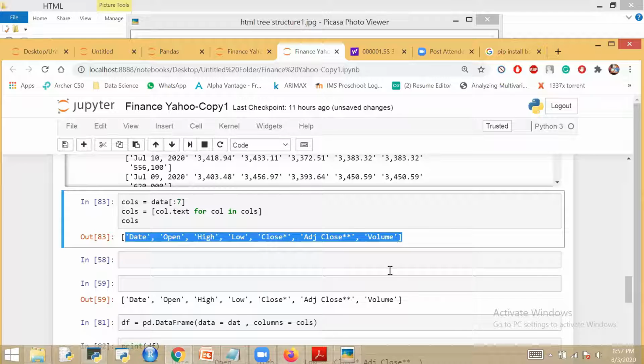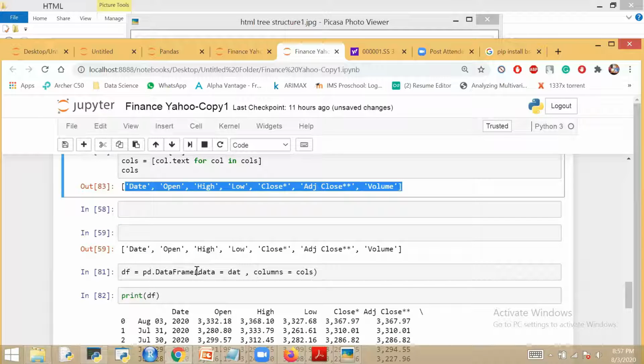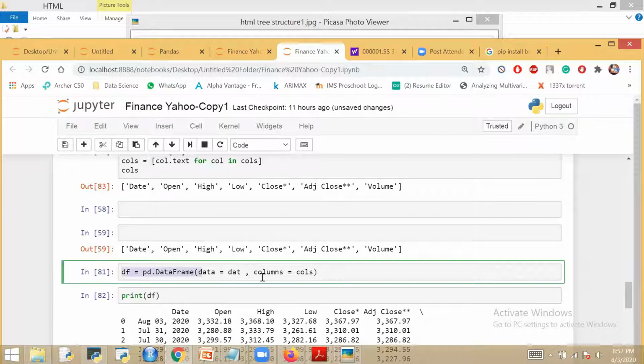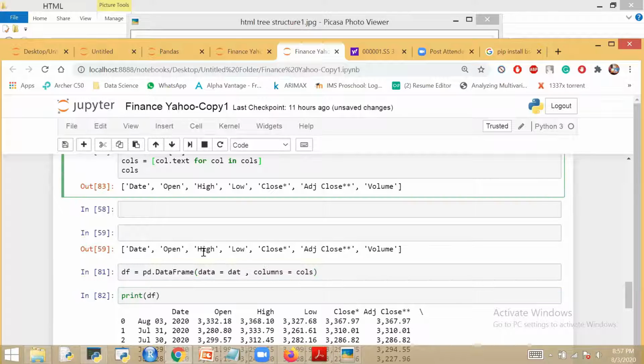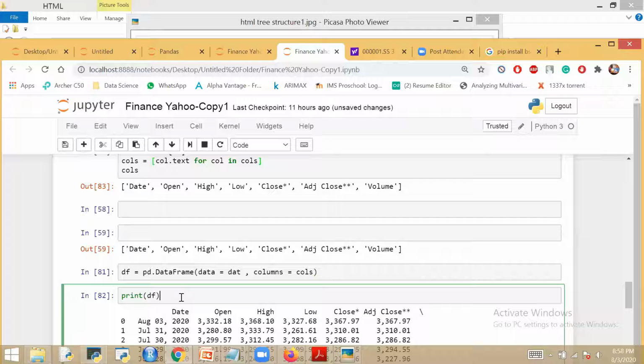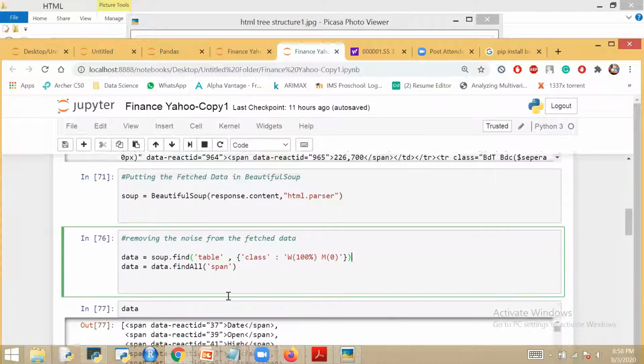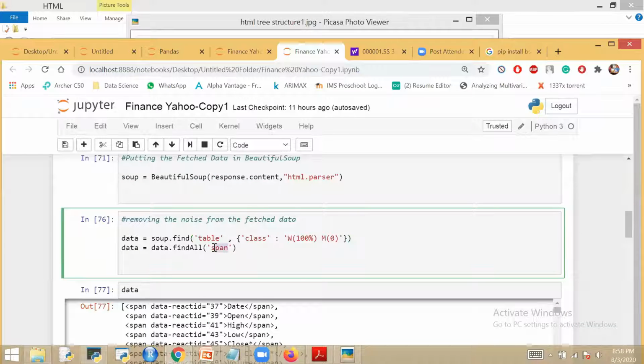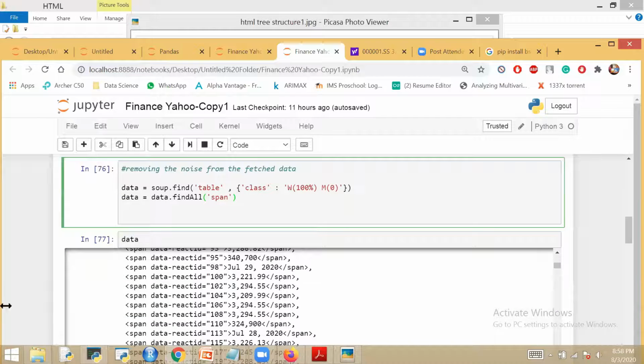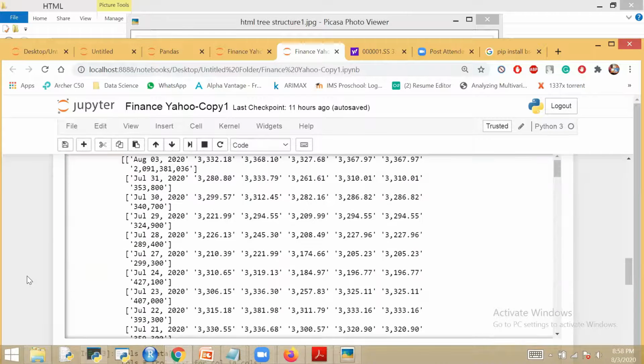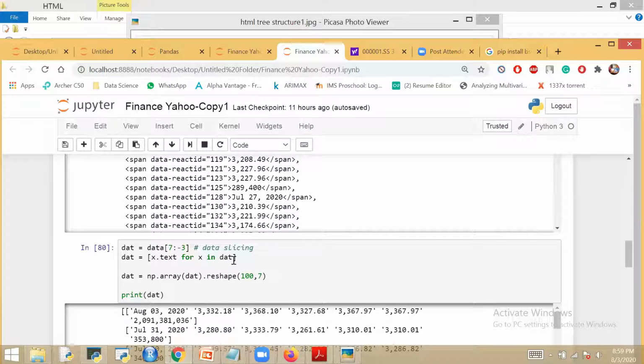Now I have column names and data with me, and I've created a pandas DataFrame where data is data and columns are the columns we extracted. It became a data frame. In this case, the data was under a span, so we found the span and ran a loop for converting it into a text format.